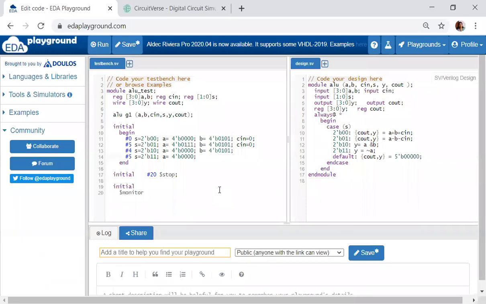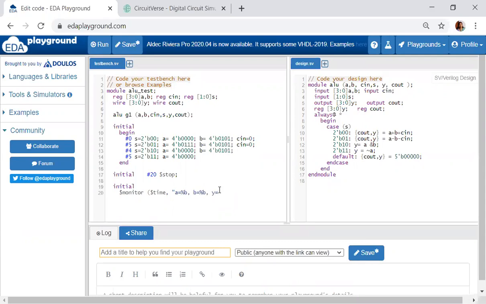In Verilog, you can see the timing diagram, but since EDA doesn't, we cannot see the timing diagram. I'm writing this. You can check out in EDA if you are able to see the timing diagram. I'm not seen that. So $time. I want to print A is equal to %b, B is equal to %b. I want to only see Y and C out, so I'll only write Y and C out.